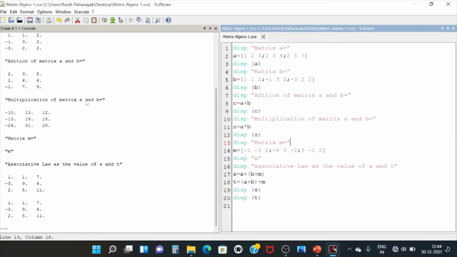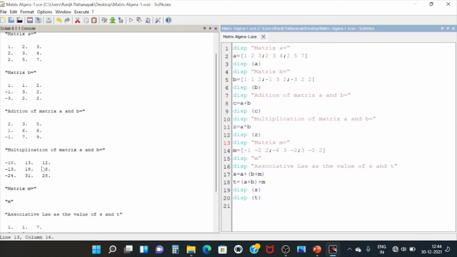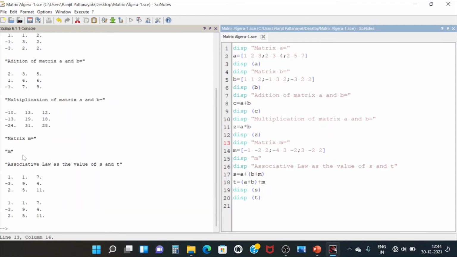You can see here this is your matrix A, matrix B, addition of matrix, multiplication of the matrix, matrix M. It has not shown the matrix M, because here I mistakenly wrote it in double quotes. It has to be inside the circular bracket, right? It has to be circular bracket, then it will show you the value.